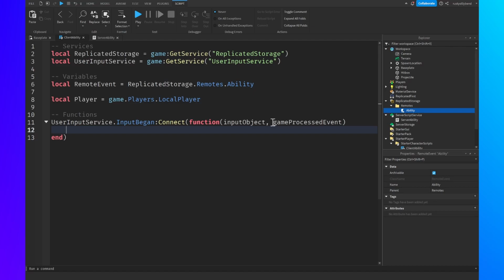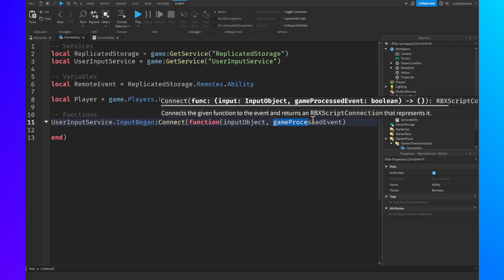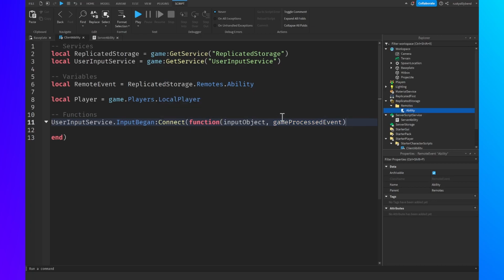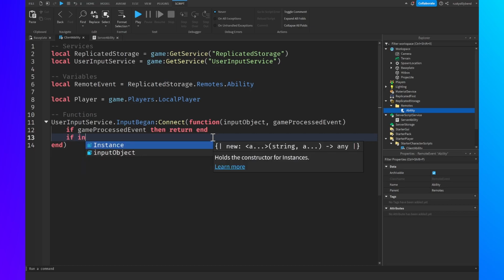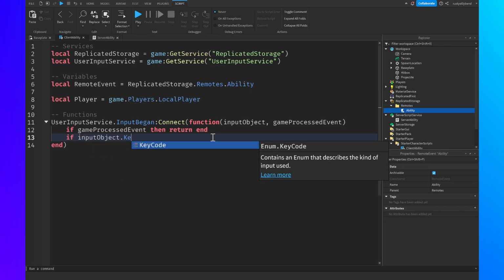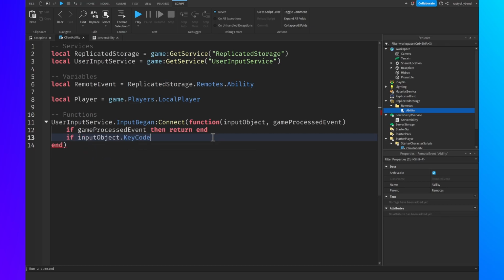Game processed event is basically whether or not the player is typing or doing anything else with their keyboard that isn't inside of the game itself. To check that game processed event, then we're going to return end, so it'll stop right there, because we don't want this to fire if the player is typing or doing anything else of that sort. Then we check if our input object.keycode, which is the key that the player pressed, equals